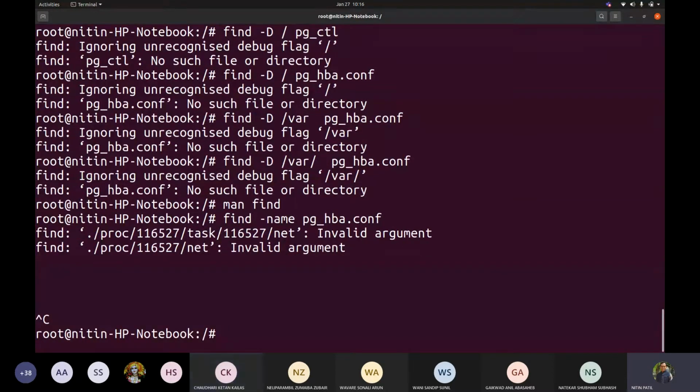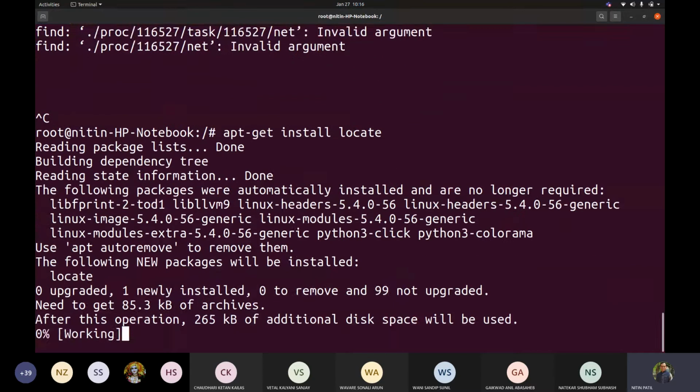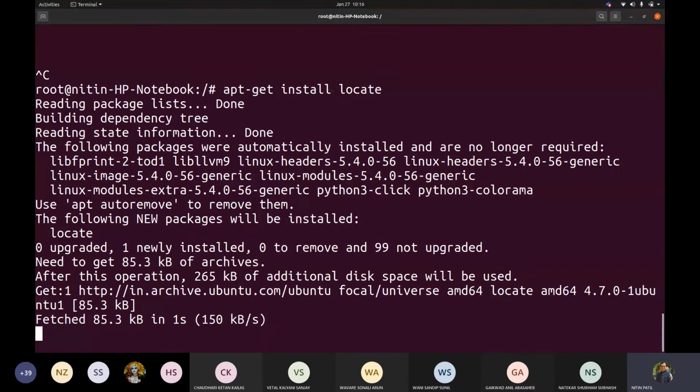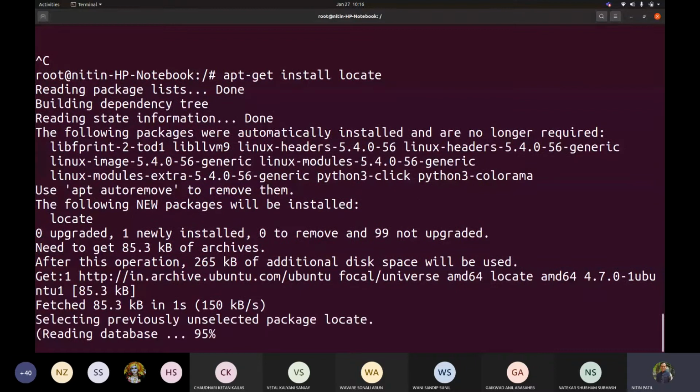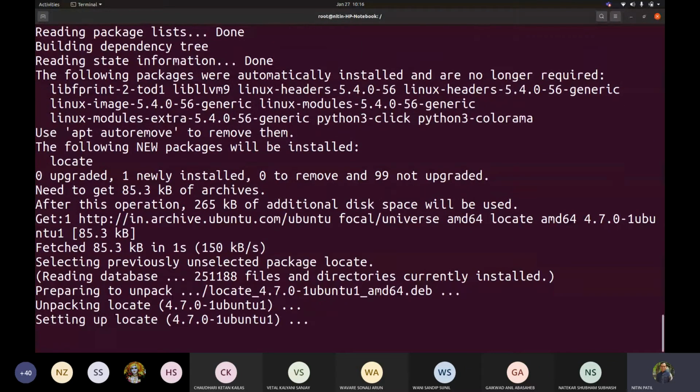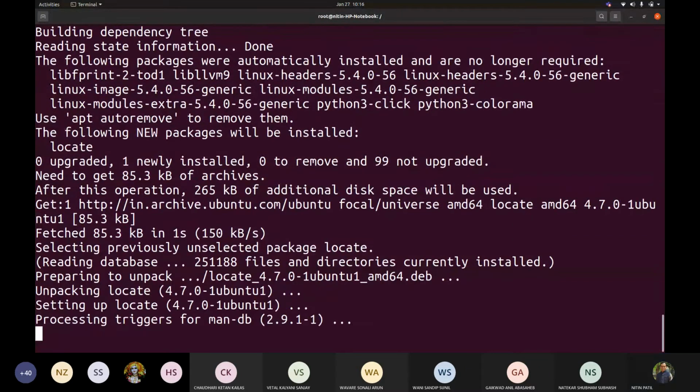Sir, using the locate command: locate and file name. Okay, so it seems I don't see the locate command. How will you write this locate? Just type locate and the file name, so it will search all over the directories.